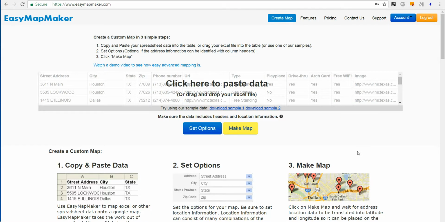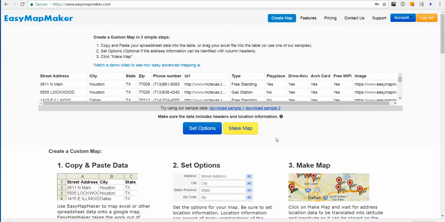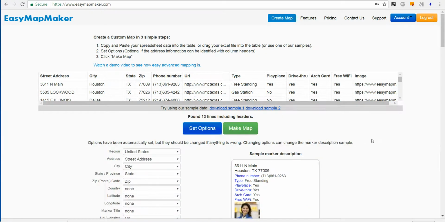Hi, I'm going to use Easy Map Maker to show you how to add your own pins to your data. In this case, I will use the sample data 1. It's now loaded. I click Set Options,